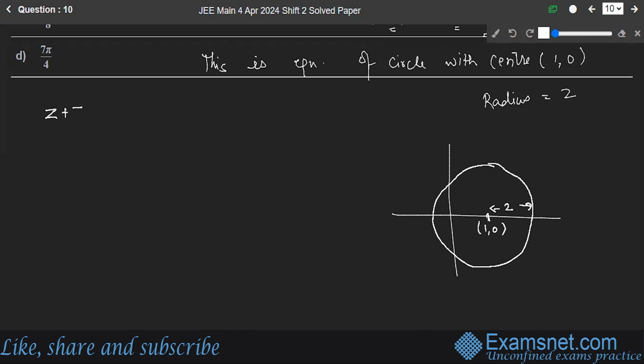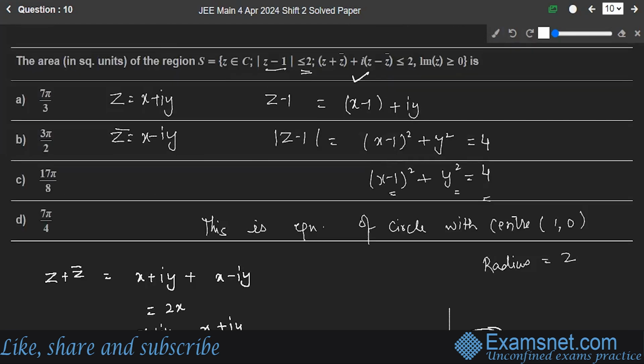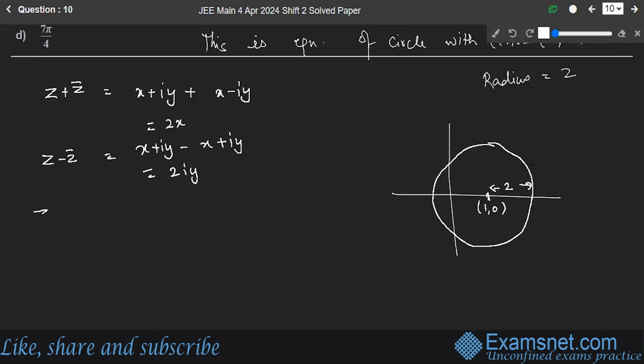Now, z plus z conjugate will be given by x plus iota y plus x minus iota y, which is equal to 2x. And z minus z conjugate will be x plus iota y minus (x minus iota y), which is equal to 2 iota y. And if I get back to this question, let's add both of them. z plus z conjugate plus iota times (z minus z conjugate) will be equal to 2x plus 2 iota square y,